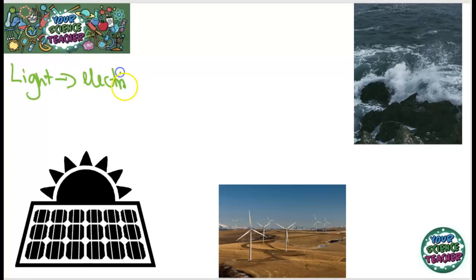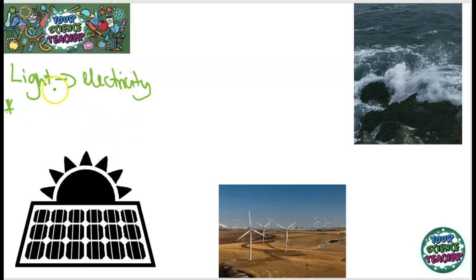This makes it sustainable as it's using the sun's energy to generate the electricity, not using a finite resource. The sun is going to be there for many, many more years to come. So it has some clear advantages. It's not going to put greenhouse gases into our atmosphere. As with all of the other techniques that we're going to look at for sustainable resources, they are not going to put greenhouse gases into the atmosphere.